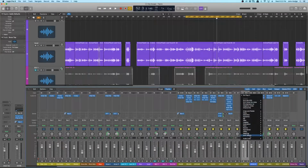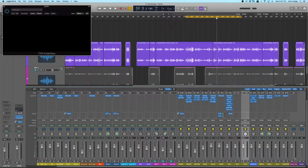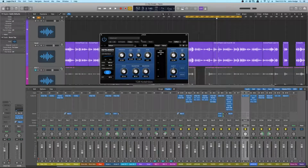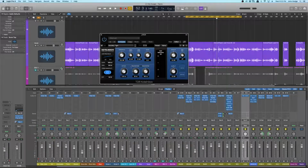And I'm going to go ahead and grab my favorite parallel compressor. Remember, I'm doing this all with free or stock plugins. And I love this TDR bus compressor. It's free. Go get it. And there's nothing wrong with using presets to get things done. They have a couple of vocal bus presets here. I like using the tight one because it's a more